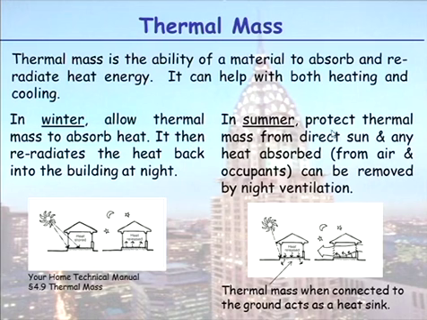So in the summer, we want to protect our thermal mass from direct sun, so we put our shading on, or we have our awnings in place. And if the building does heat up, it's then important we have our natural ventilation to purge the building in the evening. So the thermal mass when connected to the ground, so slab on ground, is actually an environmental design,